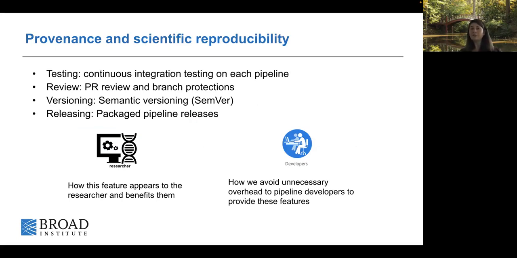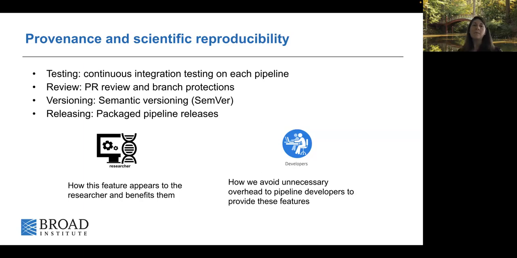We have a rigorous review process in place where we do require pull requests and reviews on all pull requests to the repository. So if you're not familiar with GitHub, basically, if people want to come in and make changes, every change made to the pipelines has to undergo a review process. And we have branch protections in place to ensure that we're not just randomly pushing up any changes to the